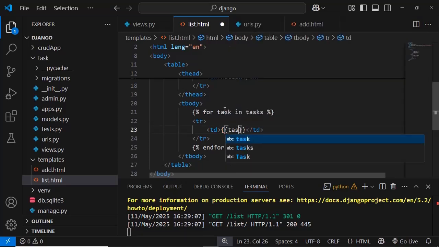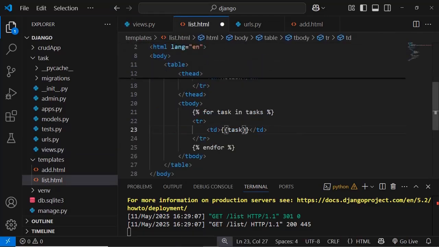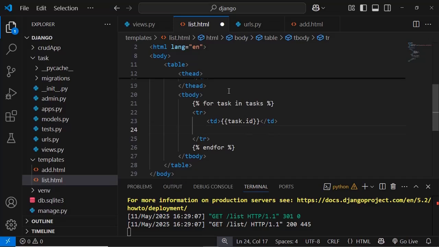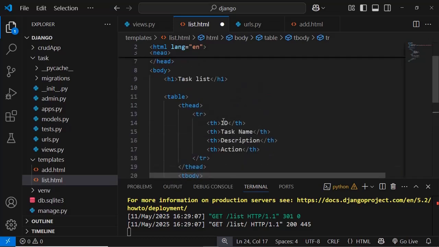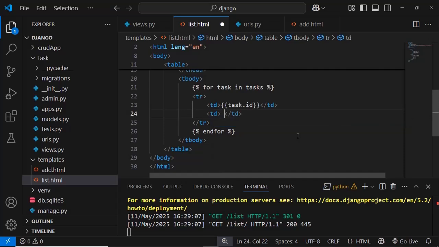So we can say task, which means we are accessing this task which is coming from tasks which we have passed inside our view here. So we have passed this data from the backend into the front end using this what we can call context dictionary. And you can see here we are accessing task dot, and we can actually get the ID, because the ID is auto-generated from our model by default. Django adds a primary key field called ID. So this is going to map directly to the ID here, and another table column which is going to take care of